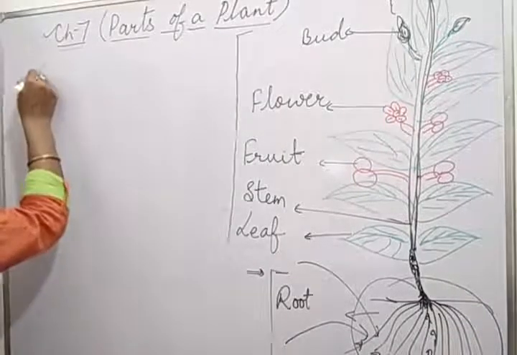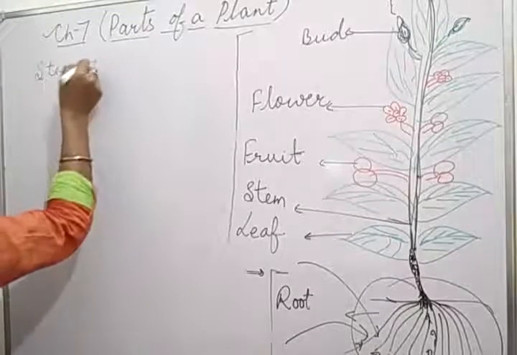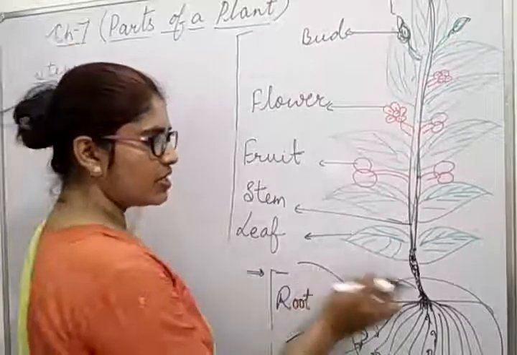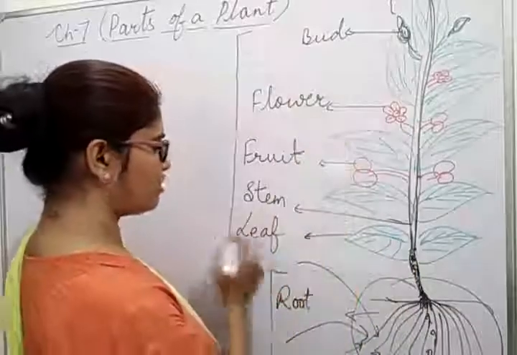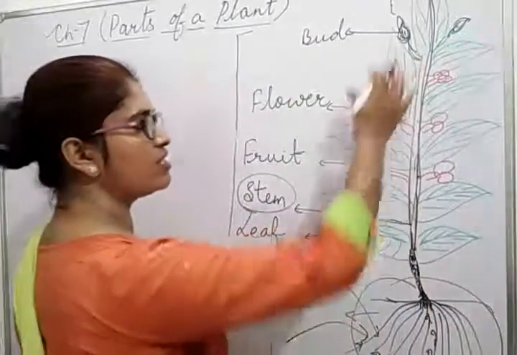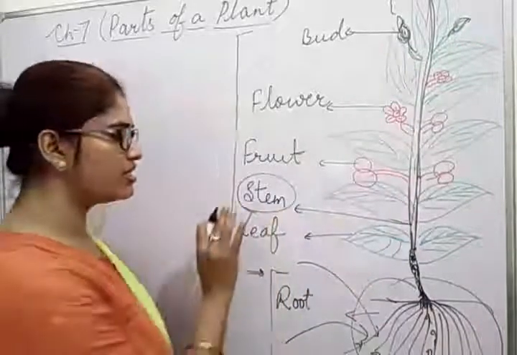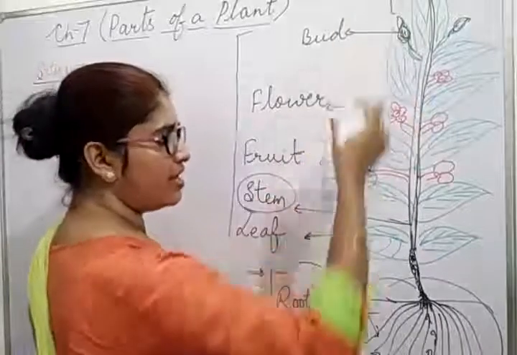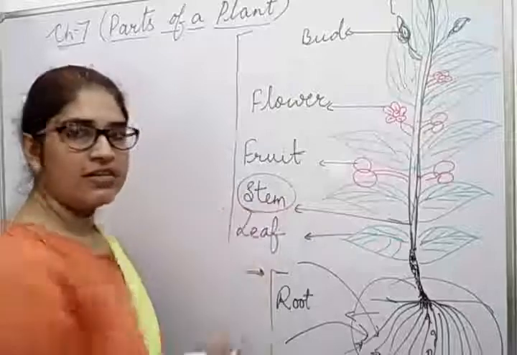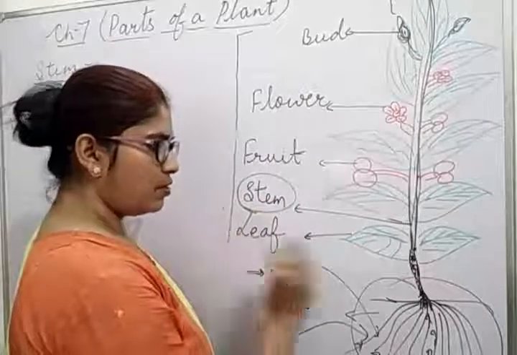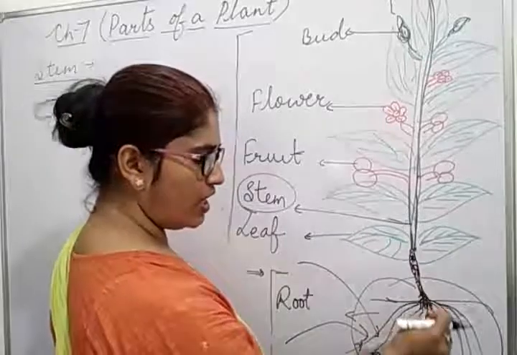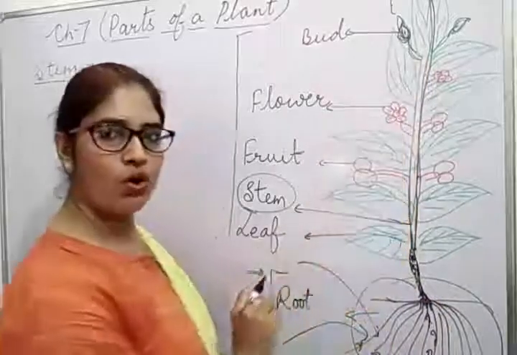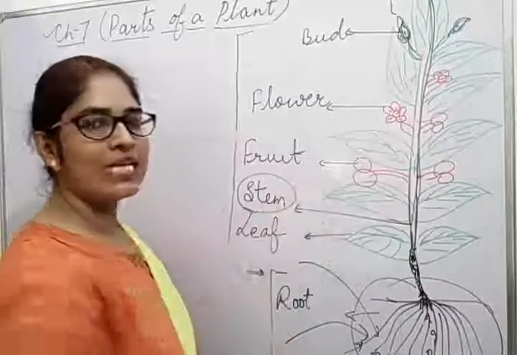Okay, so now children, we will study about stem. I hope you have understood about roots, and now we will study about stem. As you can see here, the stem is the main part of the shoot system. स्टैम जो होता है वो शूट सिस्टम का मेन पार्ट होता है. Why is it main? Because it carries all the leaves, all the branches, fruits, flowers, all the things. Which part of the plant can carry them? That is stem. Apart from carrying all these things, it also carries water and mineral from the root to other parts of the plant. So it has a main role in the plant.